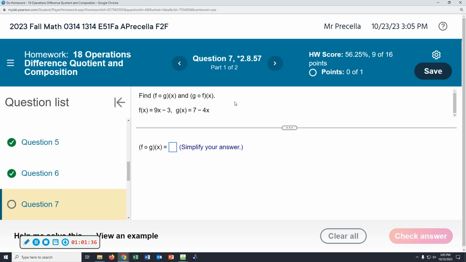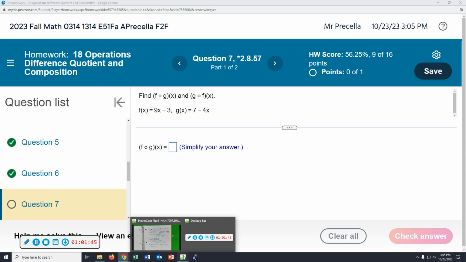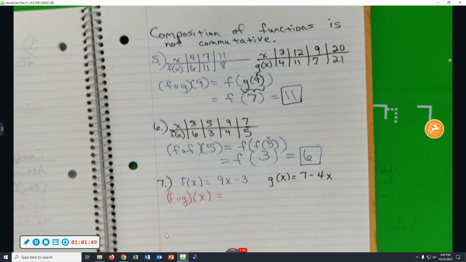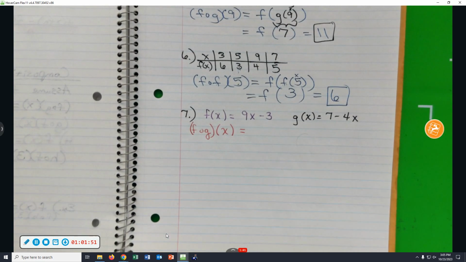Is that what we're finding first? f composed with g, and g composed with f. What I'm hearing you say, Tim, is we're finding fog of x first. Okay. So to find fog of x,